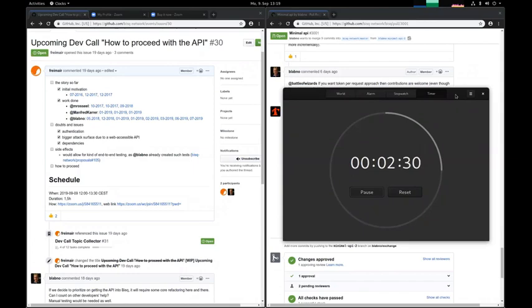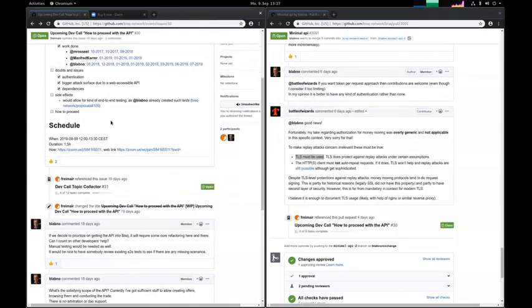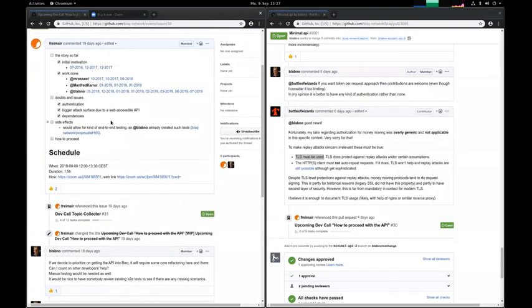Okay, so before we get kicked out of the meeting again, I'd like to restart the meeting one last time, and then we talk about how to proceed with the API. So, any suggestions how we should do this? What is the goal? Is the goal still to have it in Bisq or not? The ultimate goal.